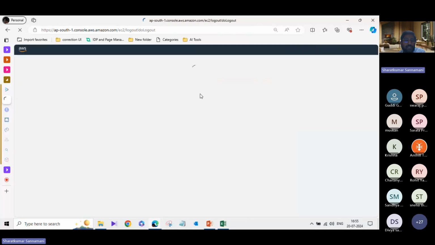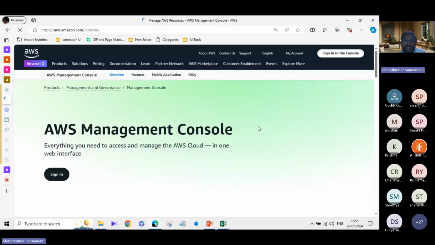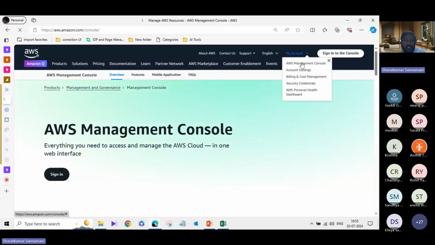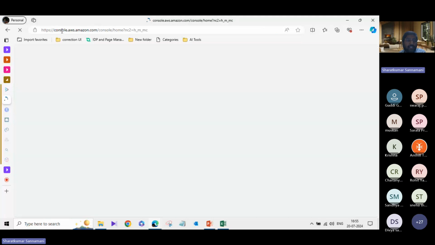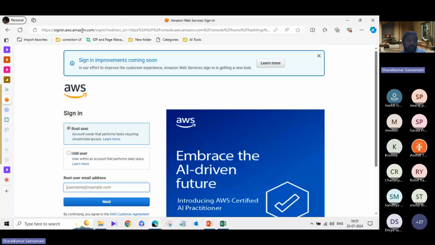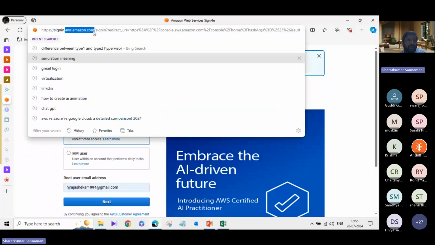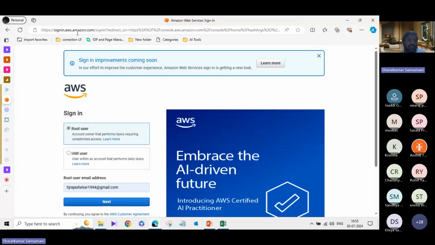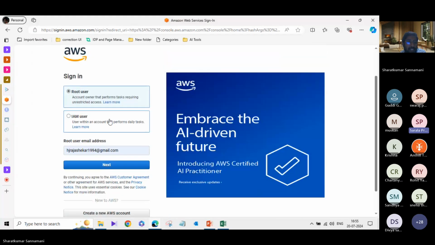I will just log out and log in once again. I'm showing one of the consoles, that is AWS today. In the next class we will see Azure also. Typically you just go to www.amazon.com. It is as simple as a URL, like how you use Flipkart or Amazon.com, right? In a similar fashion for cloud, they have a different URL. For Azure, it is portal.azure.com, or console.cloud.com. For the different clouds, either they will give a portal or it may be a console.